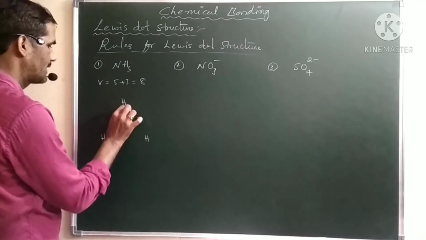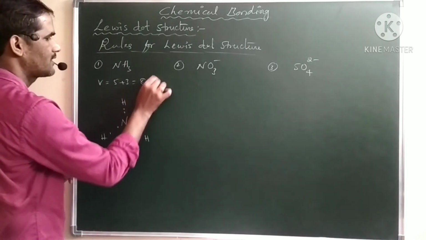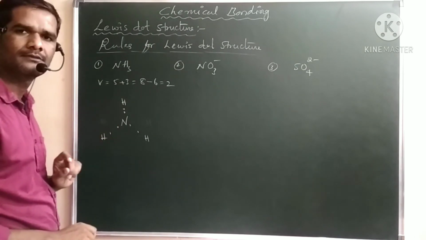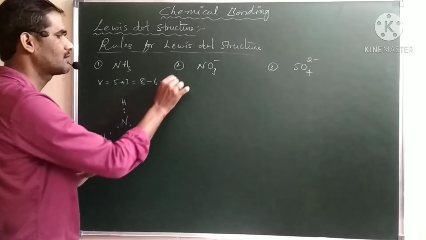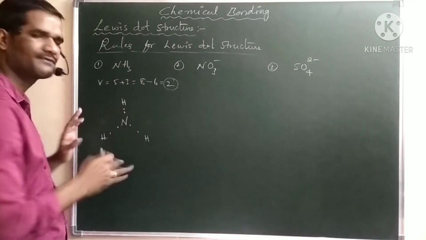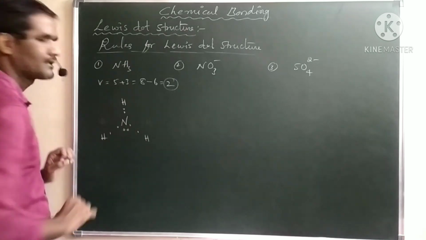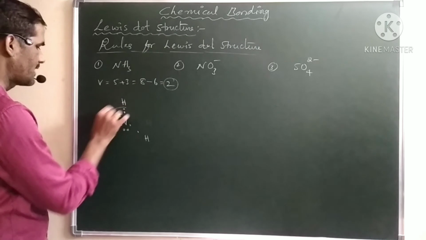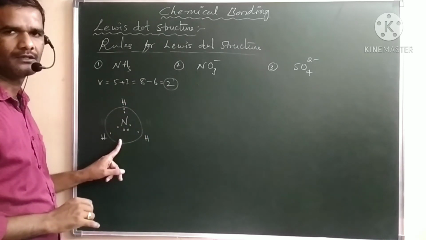Now share electrons between nitrogen and hydrogen. So out of 8 we are sharing 6, 2 remain. Now the terminal atoms satisfied the octet, so no need to share now with the remaining valency electrons. So these remaining valency electrons we have to keep on the central atom. Why? Because the terminal atoms fulfilled their octet. So 2 more electrons we have to keep on the central atom. Now check, hydrogen satisfied. Now nitrogen also satisfied its octet after placing the 2 electrons here.